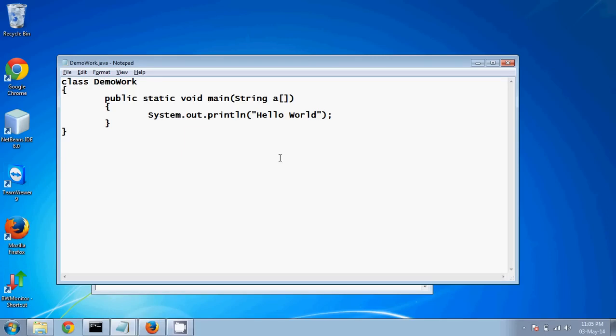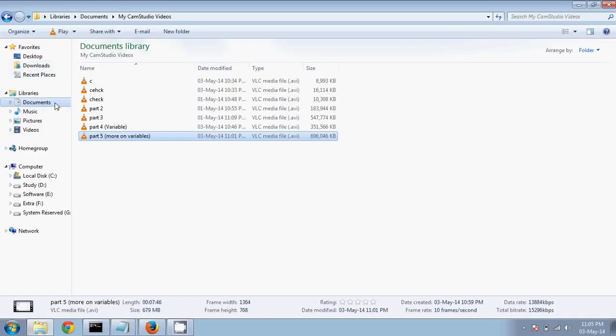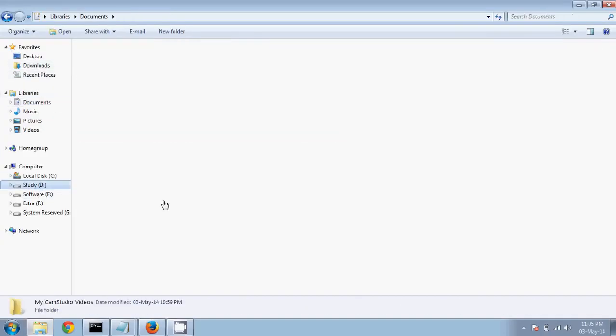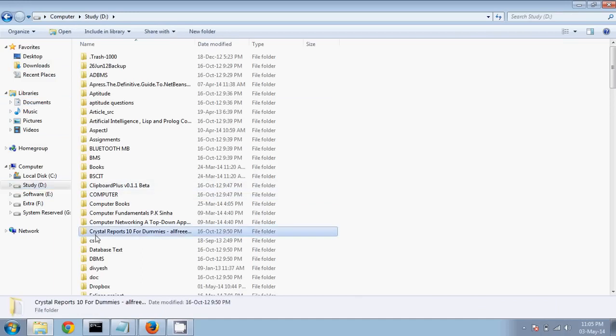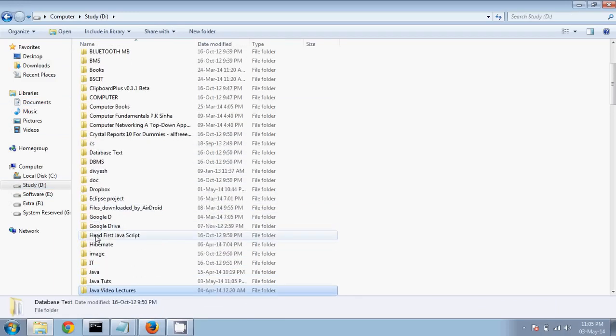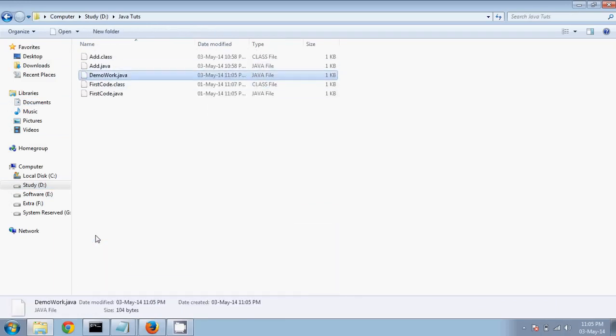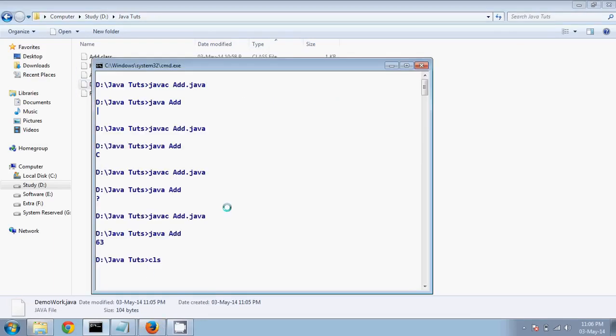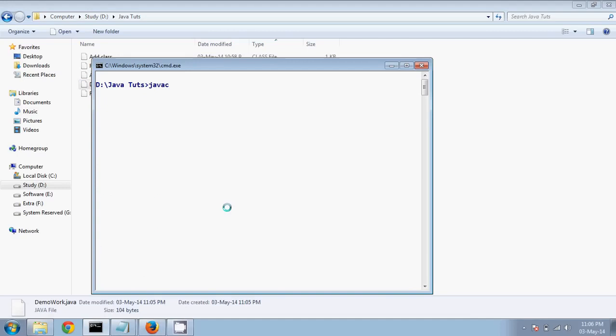When I save this file, I'm saving it in a folder, Java tudes. In this folder I have a file called demo work, and you can see I have only one file called demo work here. When I go back, this time let me just compile this. So when I say javac demo work and press enter,